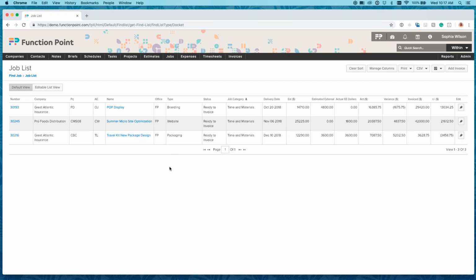Now, what the system can do to make this a little bit easier for yourself is to actually invoice these in a batch invoice. Now, there's a couple ways of creating multiple invoices at a single time. What this one would be defined as in function point would be a batch invoice. So it will create single invoices for each of these jobs because they're all for different companies. Now, there are ways of being able to create